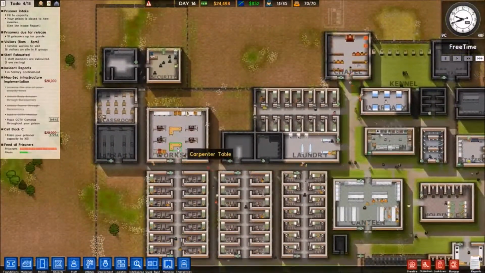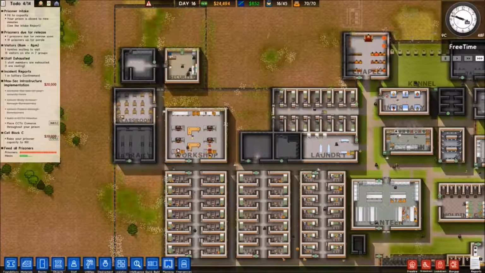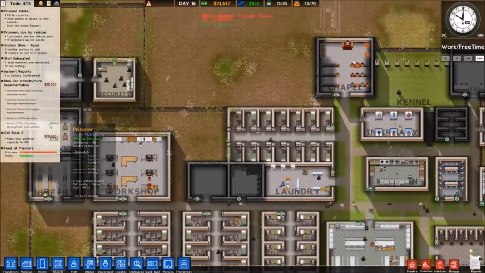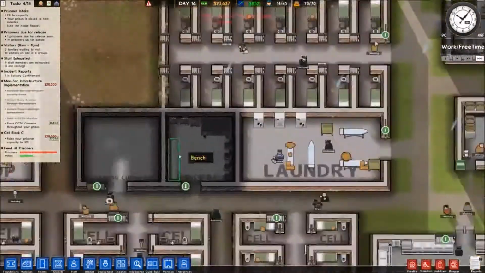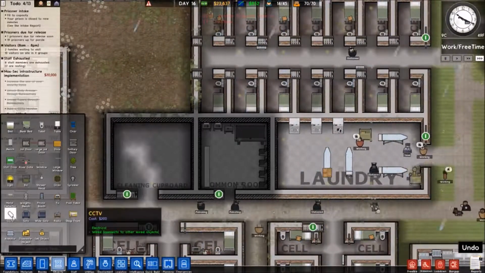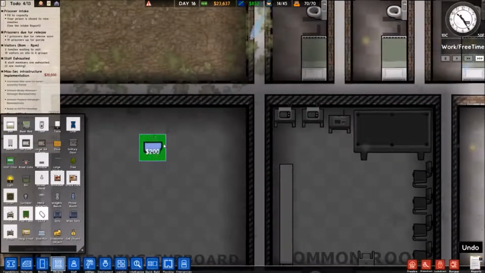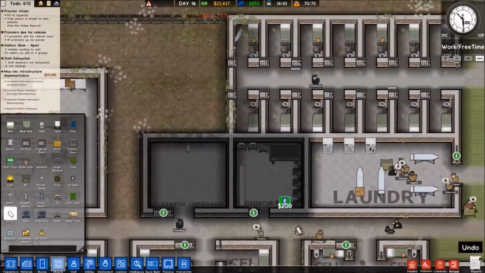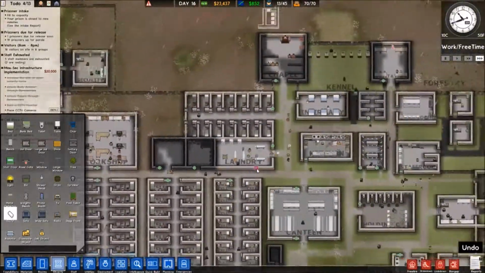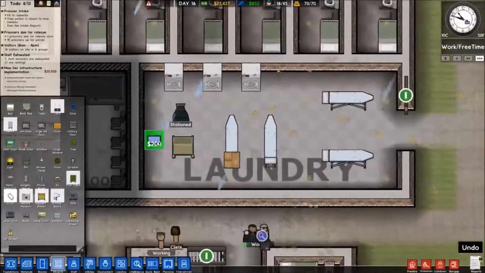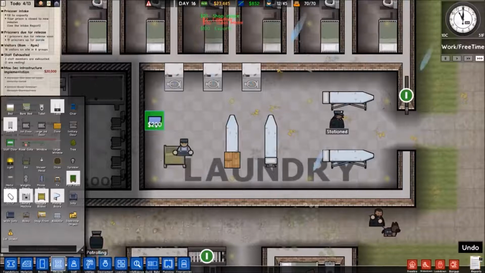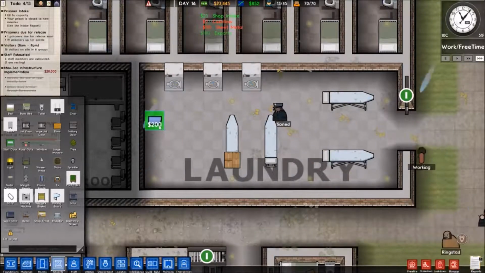The main point of this is getting this maximum security grant. Might as well set one up inside of the cleaning cupboard just to see what's going on in there. And the common room is so full right now, I don't think we can fit one in there. You know what, we might as well just keep a camera in the laundry room instead of an actual guard in there. I don't think it's worth the manpower.